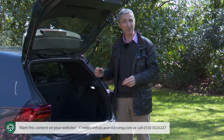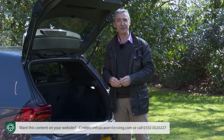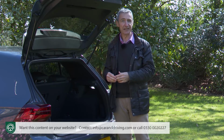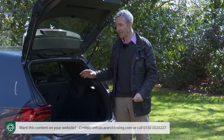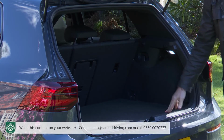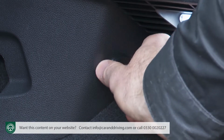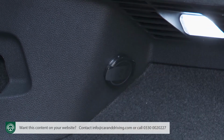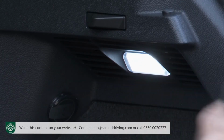To give you some segment perspective, a Mercedes A250e plug-in model offers 310 litres. At least the room you do get here in this Golf GTE is quite usable, and 5 carry-on suitcases will just about fit if you squash them in. The wide hatch aperture and the low loading lip also help if you're trying to get heavy or bulky items inside. There is a 12-volt socket and 2 bag hooks, plus you do get a cool white boot light,